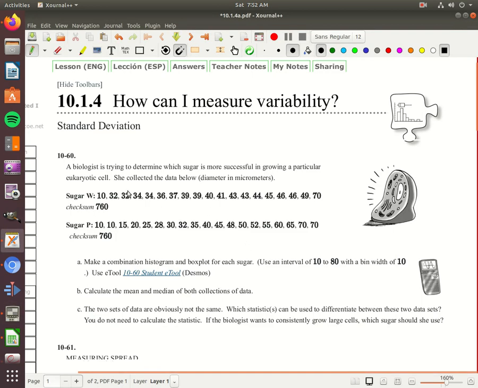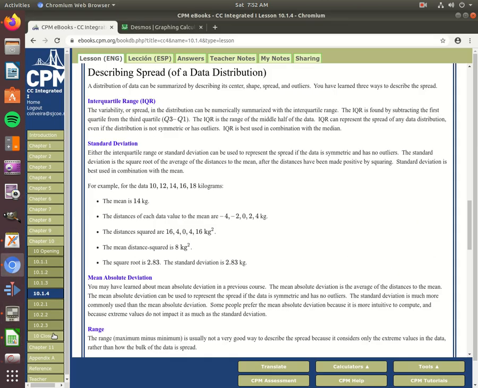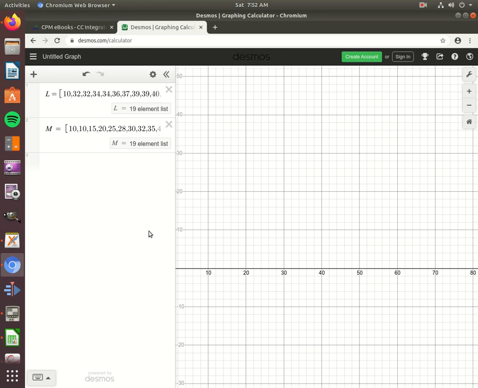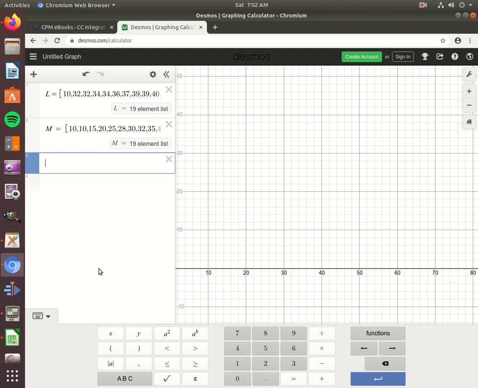All right, so what if I want to do the same thing in Desmos? If I want to do the same thing in Desmos, we're going to go here. I don't know if you guys remember, but you're just simply going to name the list L. I chose L and M. I'm assuming you can use any letters you want, but I chose L and M. So my first list is going to go here. I am going to make a histogram